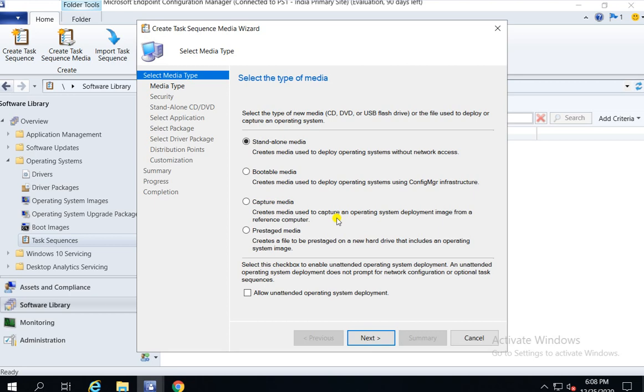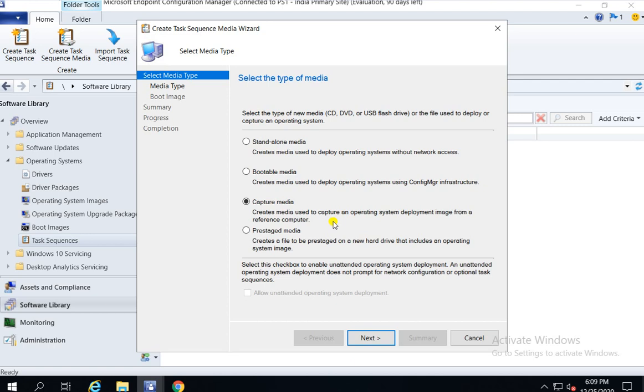If you want to patch that machine before capturing the image, you can install all the required patches, or any application that will be common in your entire infrastructure. Once you have the capture media, it will be copied to or mounted on that particular Windows machine and run, and it will start capturing Windows.